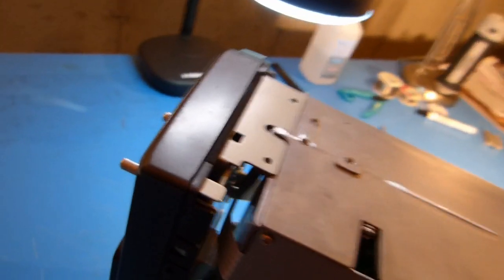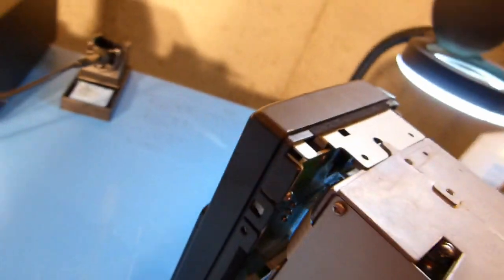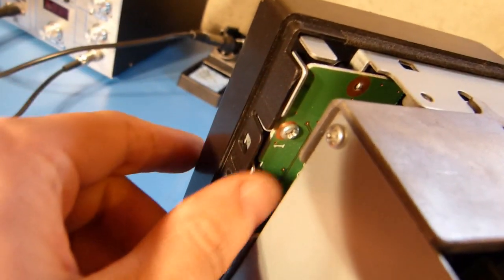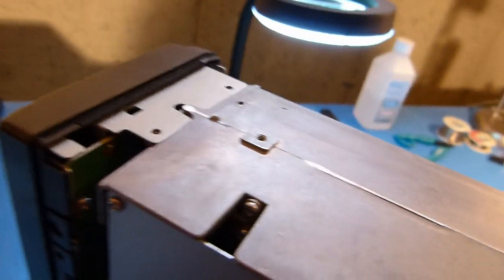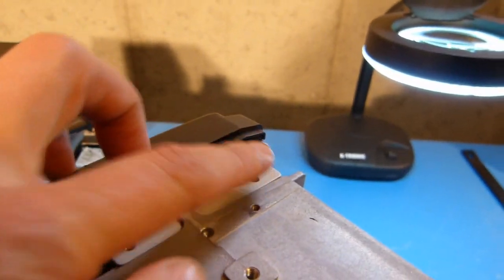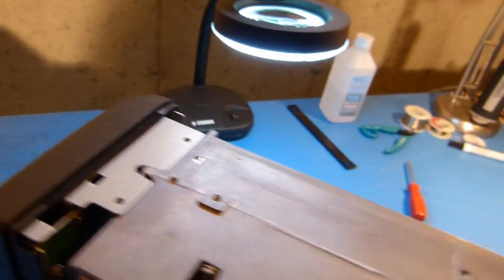Okay, so I had started to remove the ring on the microphone connector here, but as it turns out, that's really not necessary. The front panel bezel will just come off. There's 4 of these tabs that slip over a metal piece on the front panel, but it looks like the next thing that needs to happen is the whole front panel needs to come off. So I've removed the 4 screws. There's 2 on this side and 2 on the other,